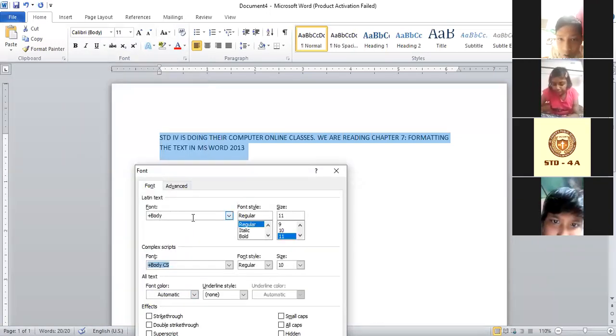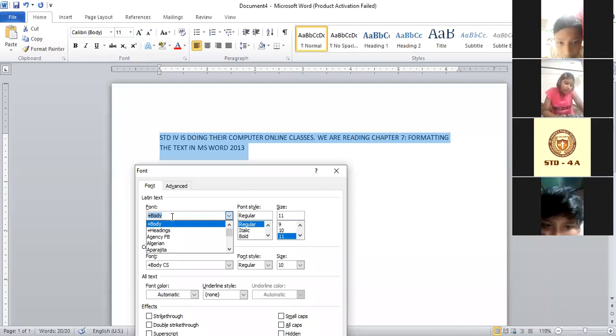We can see the Latin text. What is the Latin text? That is the font style. That is the font in which the text is. In the body, what is the body and the heading? If you see in your book, you will see the heading of the chapter is written in a more bold manner. The heading of the chapter is bolder, and the style of the writing is different. So for the heading, the style of writing is different.